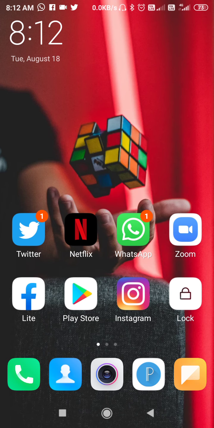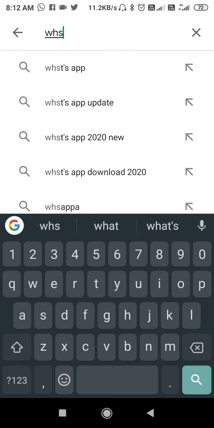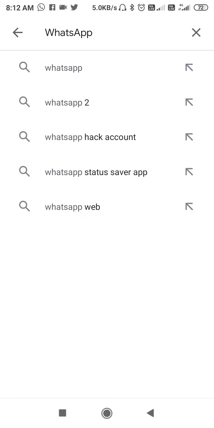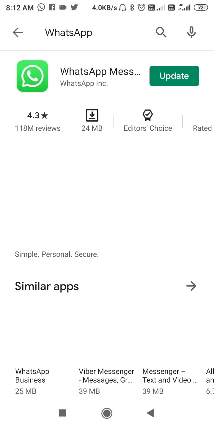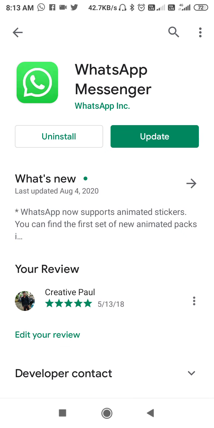After that open the Play Store, search for WhatsApp, and update your main WhatsApp application. You have to use the latest version of WhatsApp Messenger.